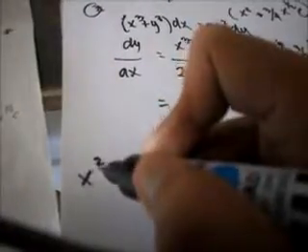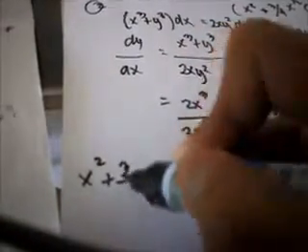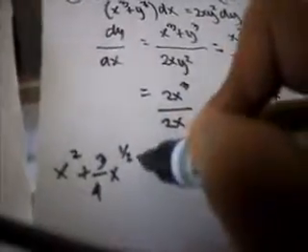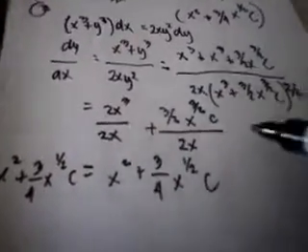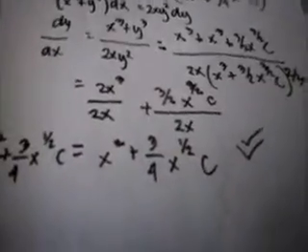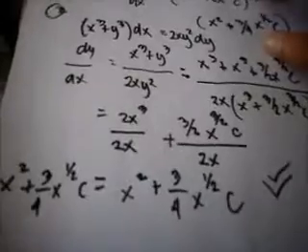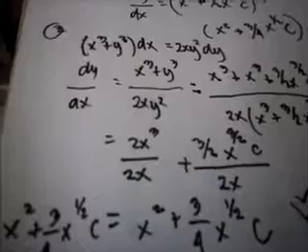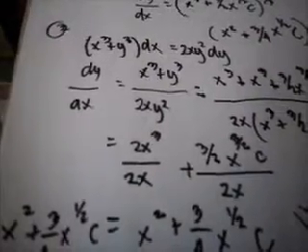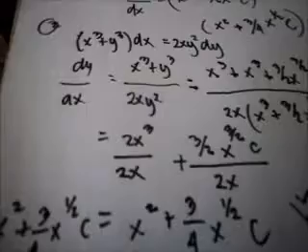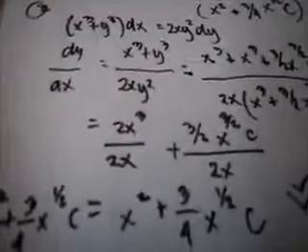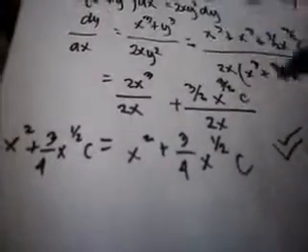So x squared plus 3/4 x to the 1/2 c. We can now conclude that our answer is correct because we checked it. We have this answer, so it's an identity. What we did was, first, it's a non-exact equation, and we need to make it exact, so we find an integrating factor, and here we get the correct answer.